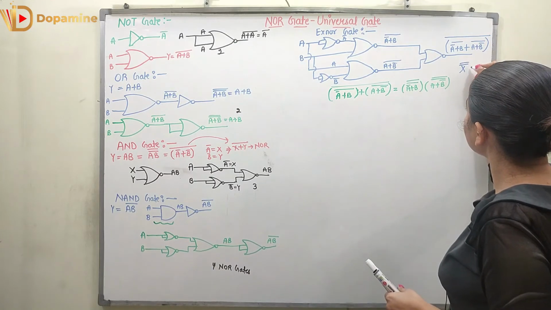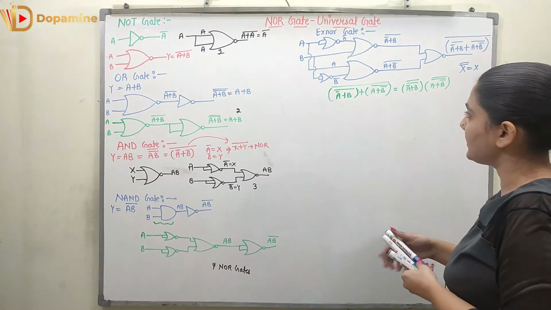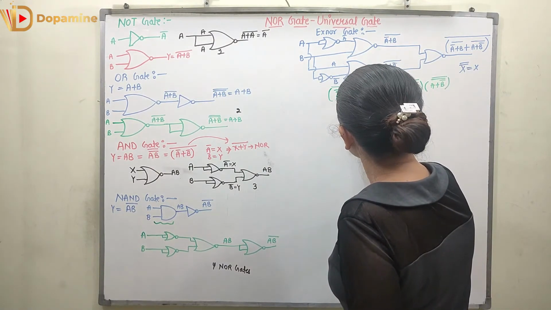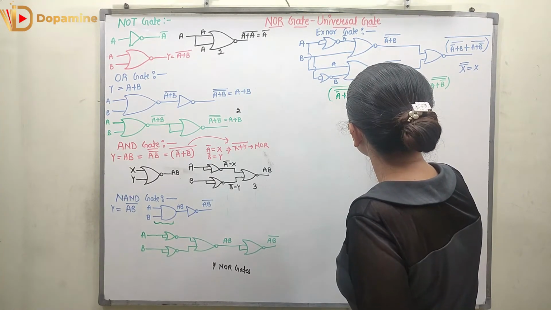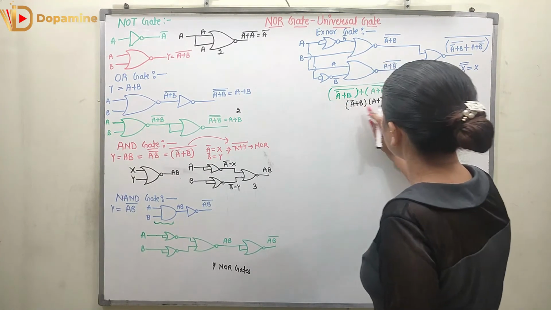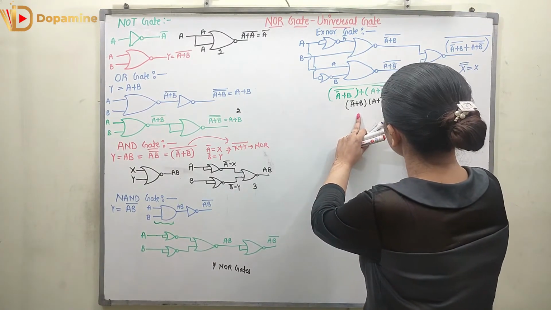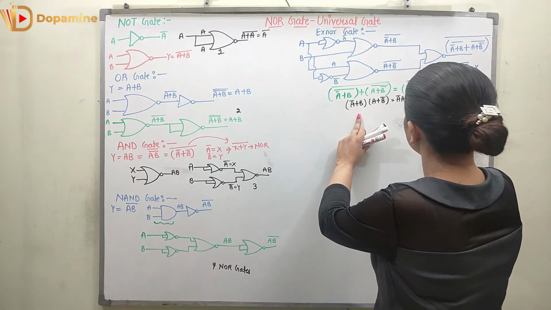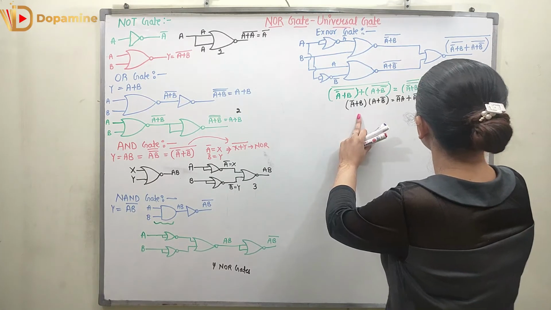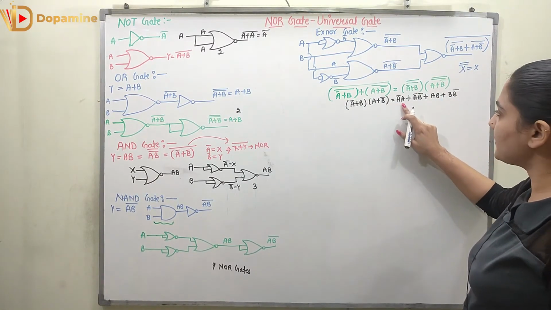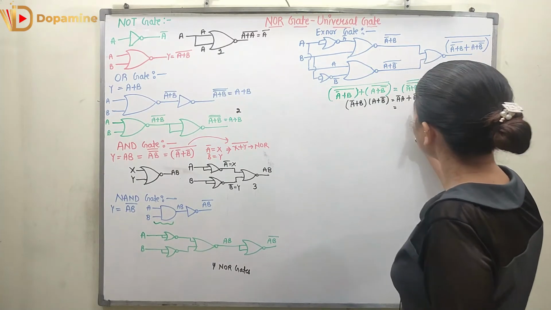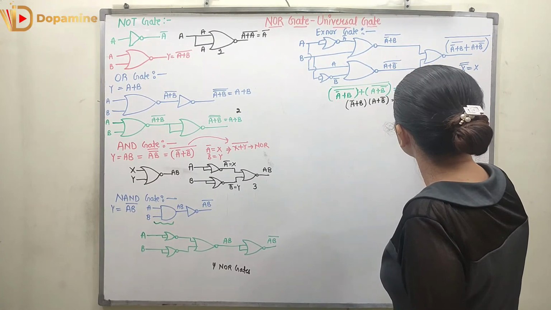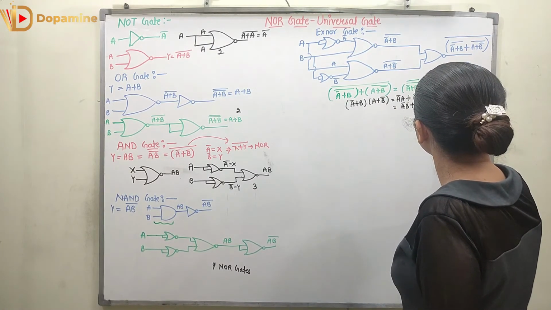If I have a variable and I take the double complement, it is going to give me the variable itself. So now I will have (A bar plus B) multiplied with (A plus B bar). Now let's open it. So I will get A bar A plus A bar B bar plus AB plus B B bar. I know a variable and its complement, when they are multiplied, give 0, and 0 plus any variable is that variable only. So I am going to get A bar B bar plus AB, which is my A XNOR B.